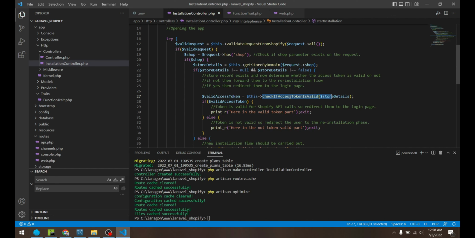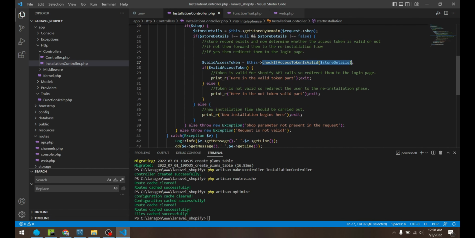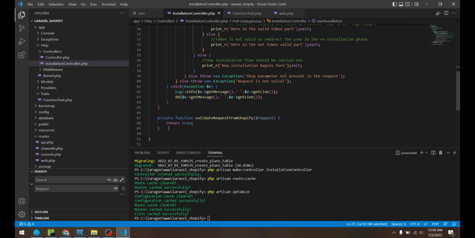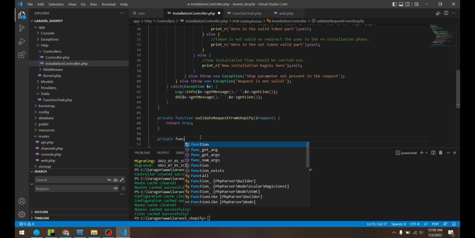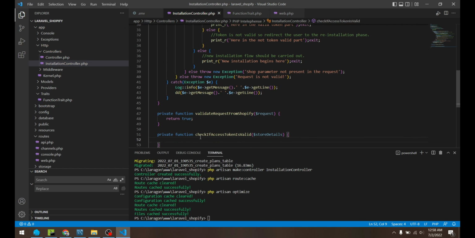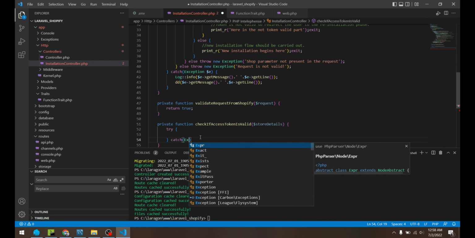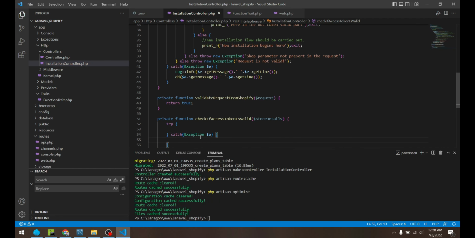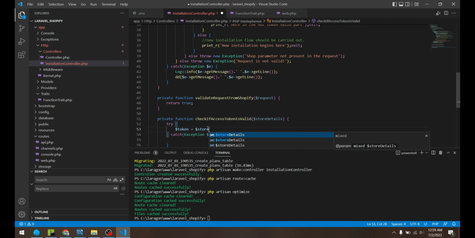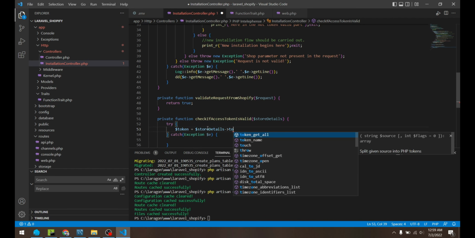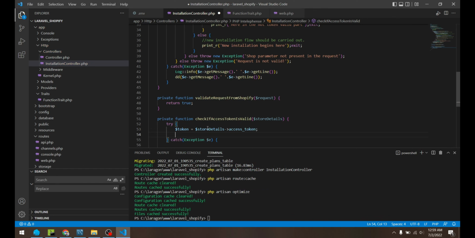So let's define this function, check if access token is valid. Right here, we can also define this function: private function store details. Here I have assumed that I will receive a database row that will have its token. So I can say token equals store details arrow access token, and then I can write some code here